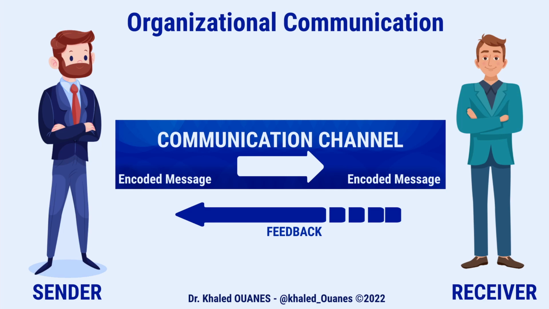The sender is going to encode a message and send it via a chosen channel that can be a face-to-face meeting, an email, paper letters, instant messaging, phone calls, etc. And of course, after choosing the channel, the sender is going to be wanting to make the receiver decode the message and understand a perceived meaning. And the receiver is going to send a feedback or an answer to the sender,